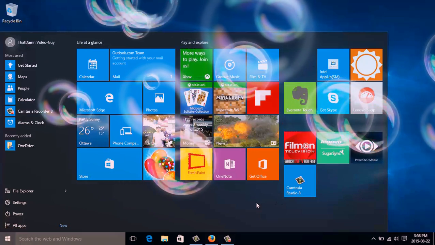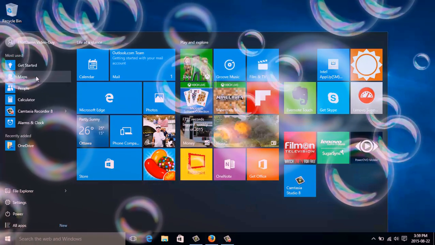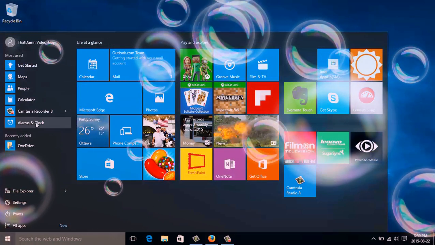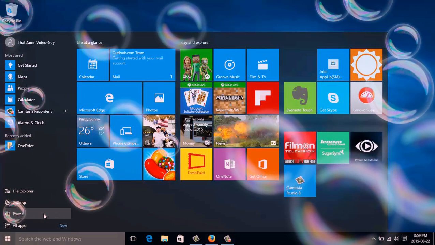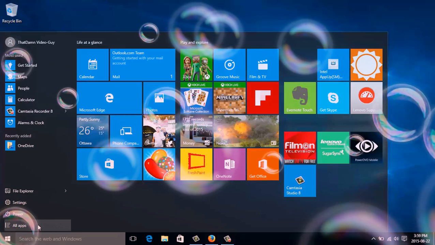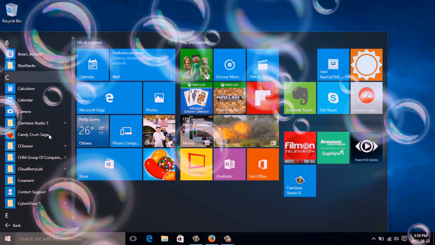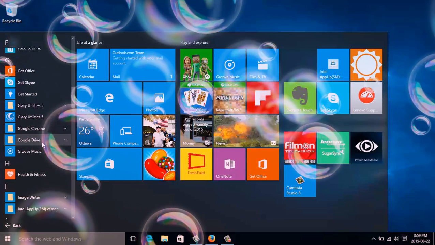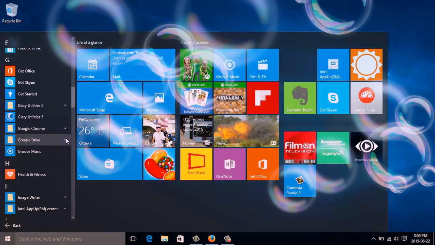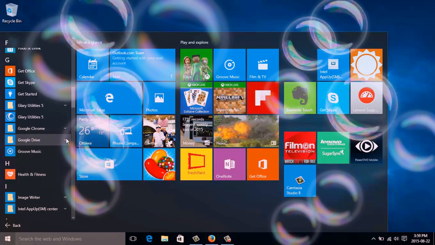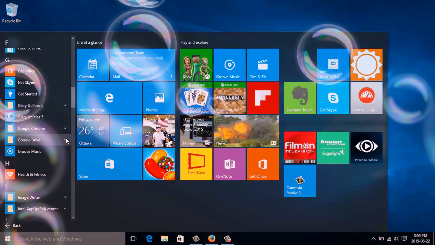I don't really have anything on here that isn't on the normal one. On the left side here, you have stuff that is most used. And then down here, you have your File Explorer. Here's your settings, your power, so you can turn your power off and restart the computer. All apps. And then when you click on that, all your apps are in here in alphabetical order. Okay, and then from these, if you want, you can go in here, right-click on these, and then you can add them to your start menu, to your taskbar, uninstall, run as an administrator, and if you open file location,